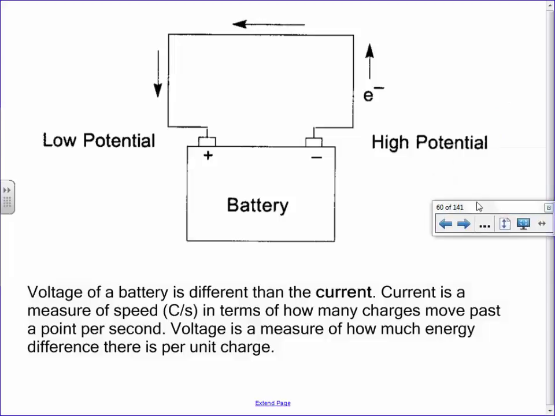So here's a picture of a battery just to help this illustration fit forward here. If you have a battery, electrons are going to go from the negative pole, the anode pole, to the cathode pole. They're going to go around some sort of circuit. Now, the length of the circuit does not impact the voltage. So again, the length of the circuit does not impact the voltage. In gravity, the formula for gravitational potential energy is mass times gravity times height. So in gravitational potential energy, the distance you travel is actually something that we need to consider.